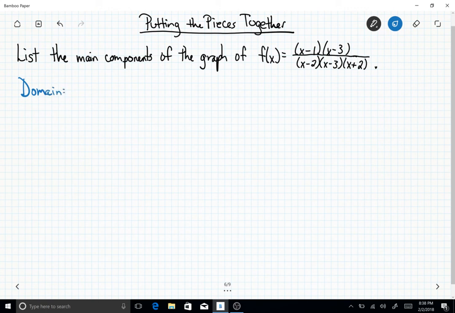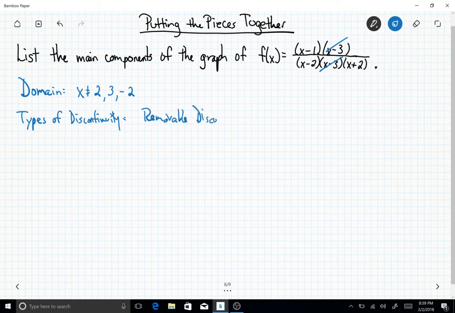First things first, you have to list the domain. So notice we cannot have 0 in the denominator. That means x cannot equal 2, 3, or negative 2. So now we have discontinuity, so we can say the types of discontinuity. If you notice, the x minus 3's have the same multiplicity, the same degree, in both the numerator and denominator. So that means we have a removable discontinuity